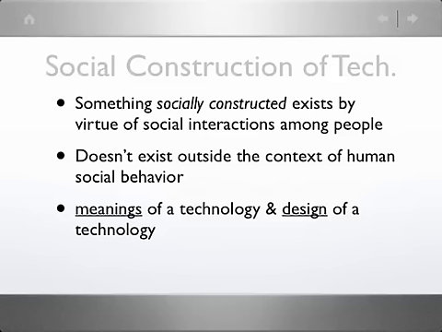The electrical system evolved in different ways technically in America in comparison with Europe. Even today, there are differences in voltage and current and the type of plugs that you use to plug in things for electrical power. These are differences in the design of that technology. The fact that a technology can have different meanings and different designs in terms of its physical manifestation are all things that point towards the social construction of technology.